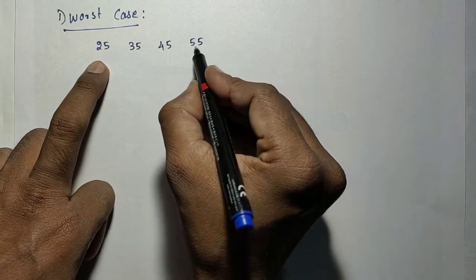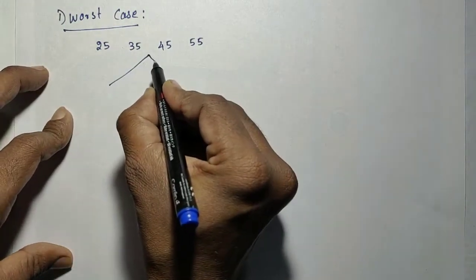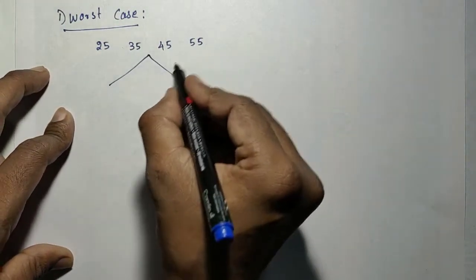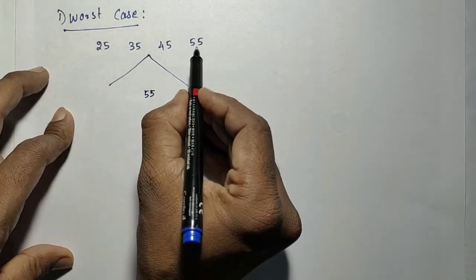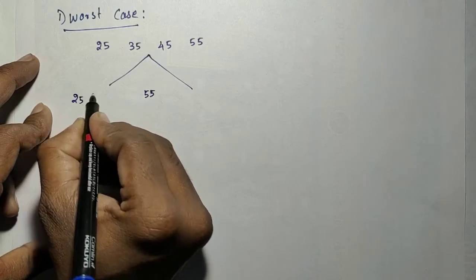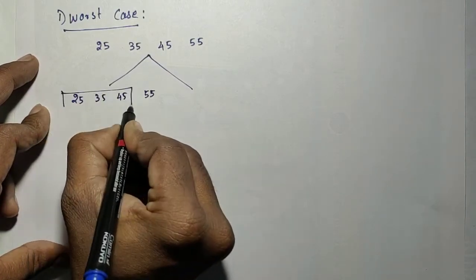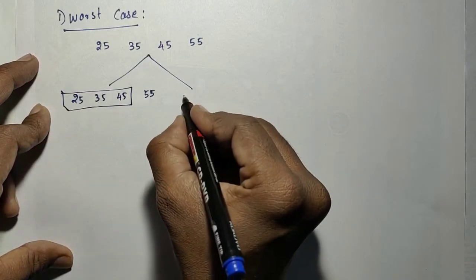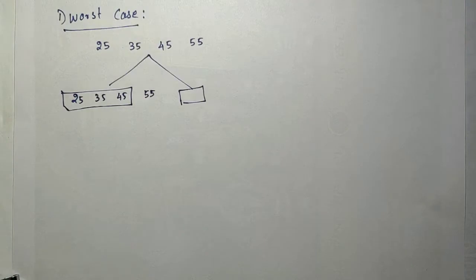It means that based on that, in the first partition, how that elements will be splitted means the 55 in that middle. Okay, the elements which are less than that 55 in the first half. So that what, 25 and 35 and 45 will be in that first half. And then only there is no element in the second half. Like that it will be splitted. This is the case in the first partition.